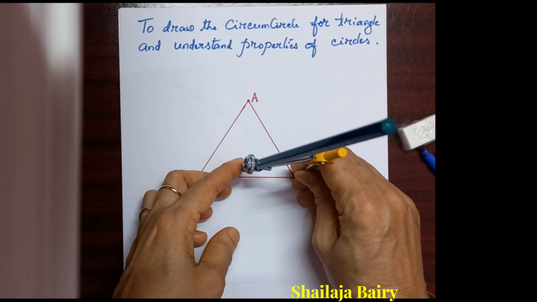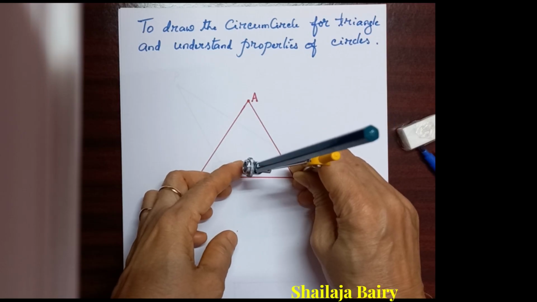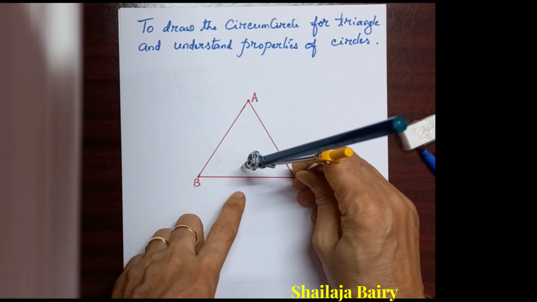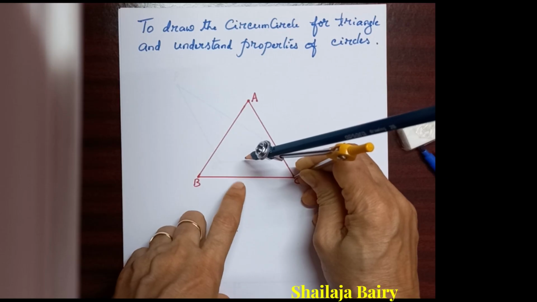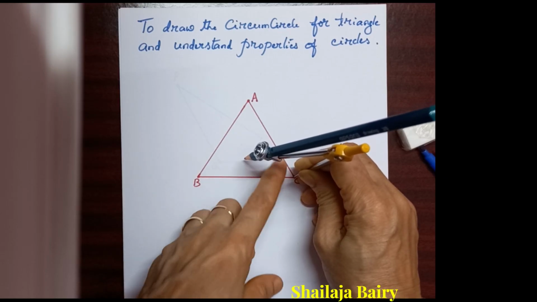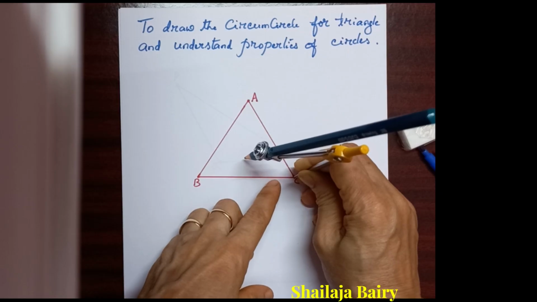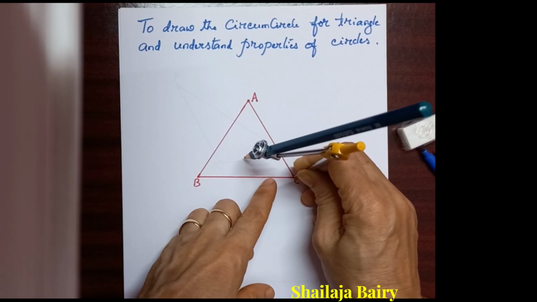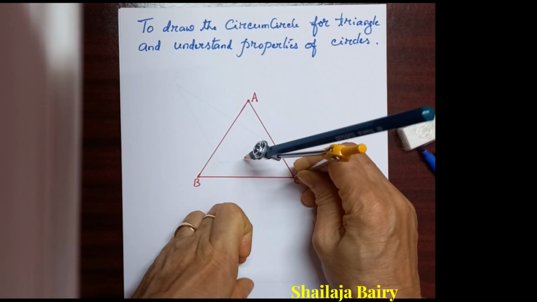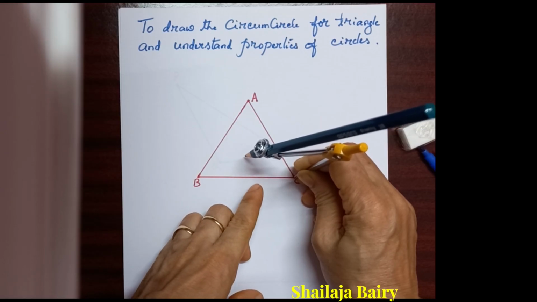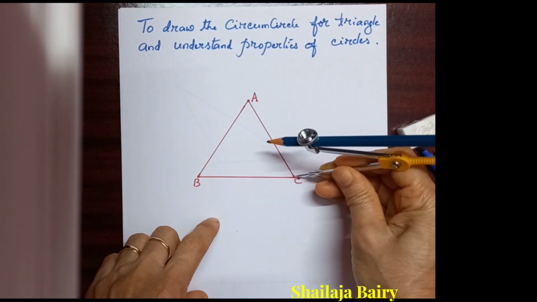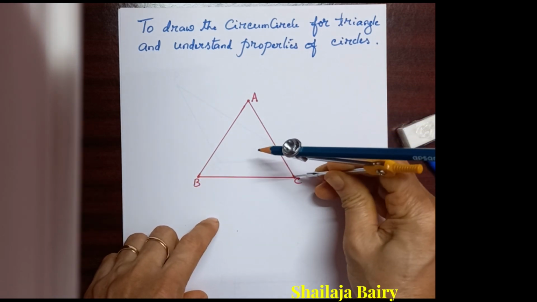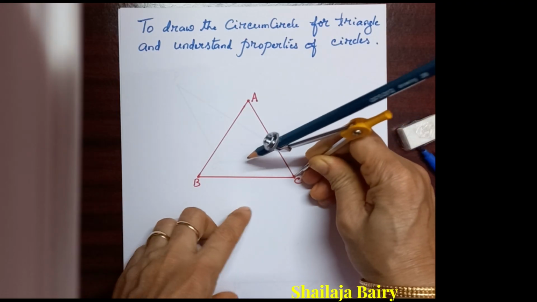And to draw a circumcircle, first we have to see how to draw the perpendicular bisectors of each side of the triangle. Then, wherever these bisectors meet, that becomes the center for the circle. And this center is specifically having the name circumcenter. So, let me begin with first bisecting the side BC,